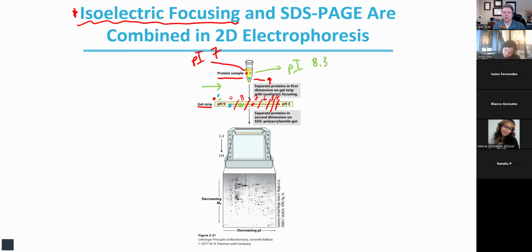So I started out with all 3 of these proteins in this protein sample. Then I'm applying them to this gel strip where I'm going to separate them, and they're going to crash out, or they're going to stop because they've reached their isoelectric point where they have a charge of 0, and basically